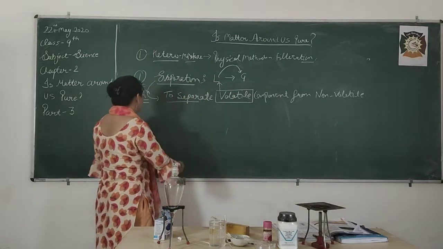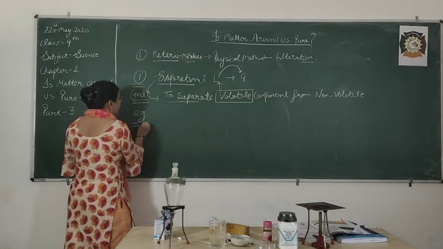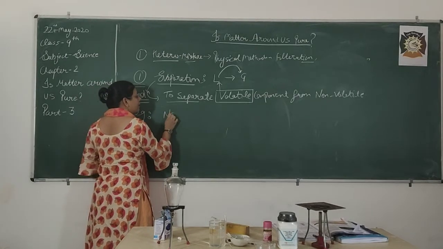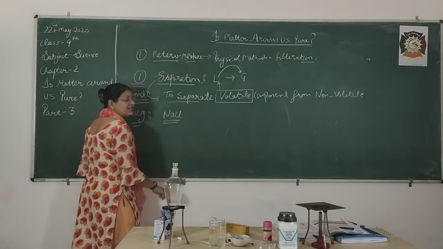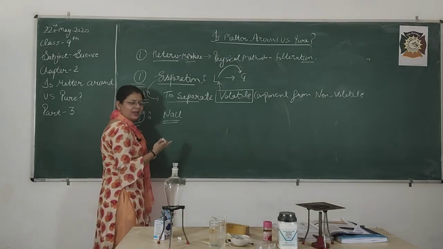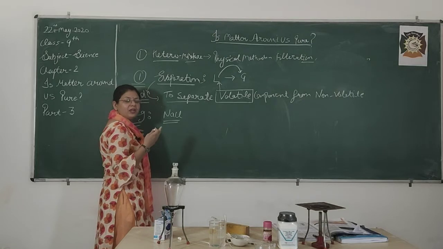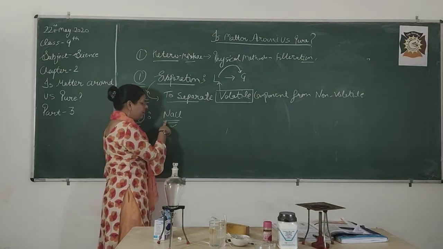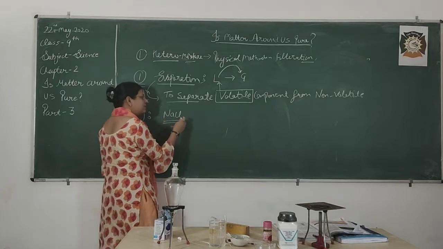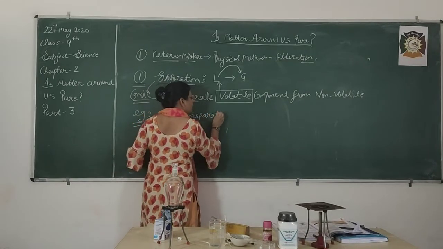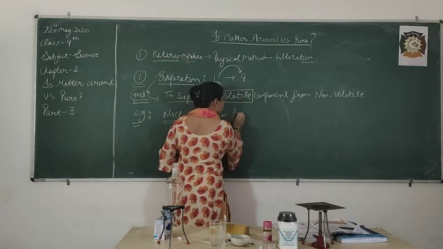Getting my point? Now, a simple example: separation of NaCl. But see, when I write NaCl, because this is chemistry, just try to use these formulas in your common language, like common salt. Irrespective of using the word salt, just use NaCl, that is sodium chloride. Okay, common salt, that means NaCl, separation from seawater.